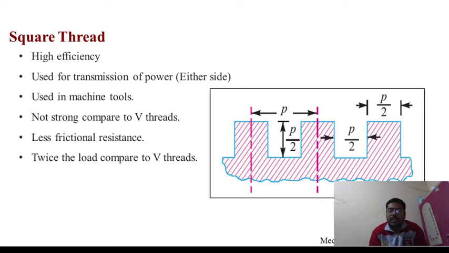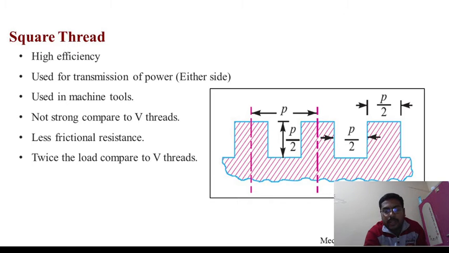Square threads. This is one of the different types of thread, the square thread. The main purpose of the square thread is high holding and gripping, but friction is very high in the square thread. See, this is the pitch. One crest to the corresponding crest of the next tooth is called the pitch. So this is called the pitch divided by 2. Distance divided by 2 is equal to this one, and pitch divided by 2.